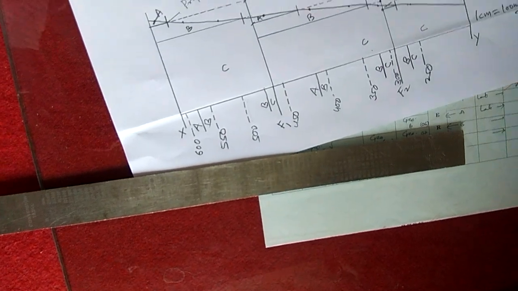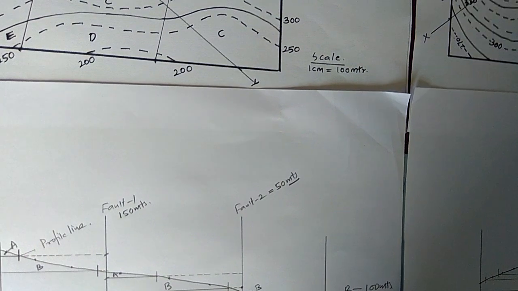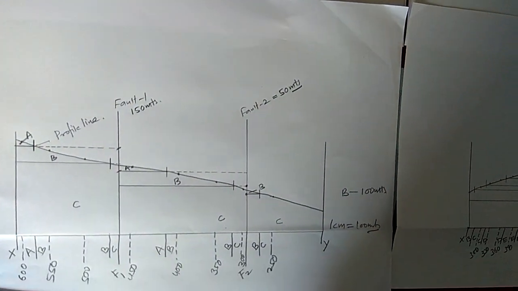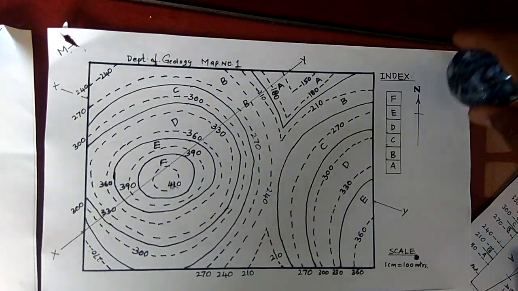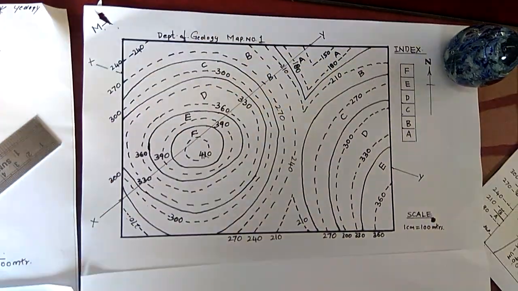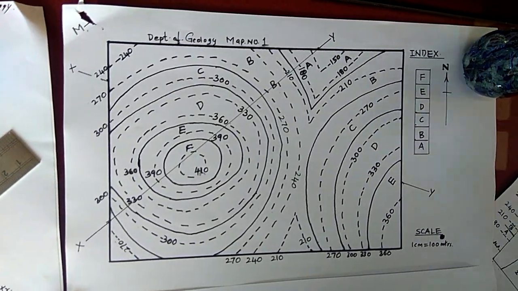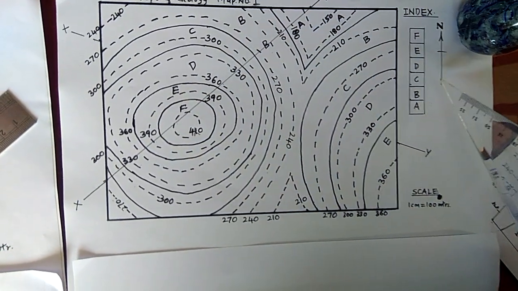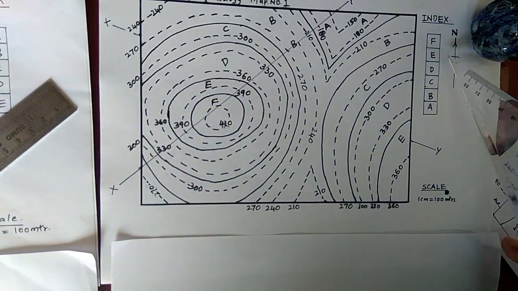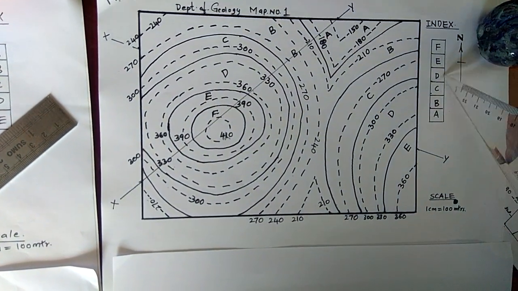Okay, friends, you see here first point, we have to see the direction lines in the map, and you have to write along with which direction we have drawn the geological section map. This is the north, means first map we have drawn along with this XY direction. So X is towards the southwest to northeast. XY direction is southwest to northeast, friends.